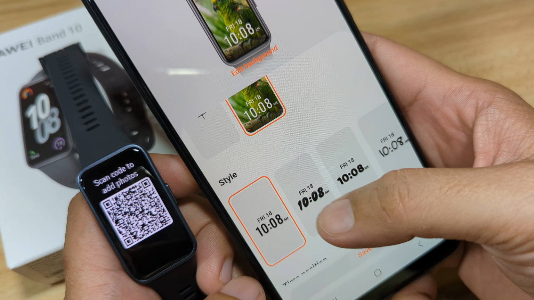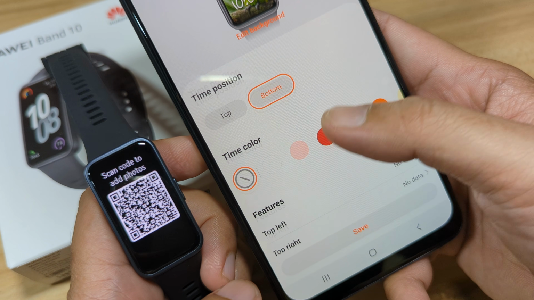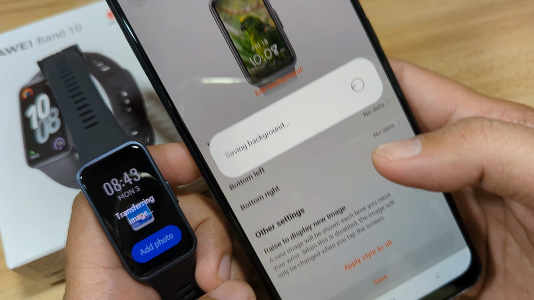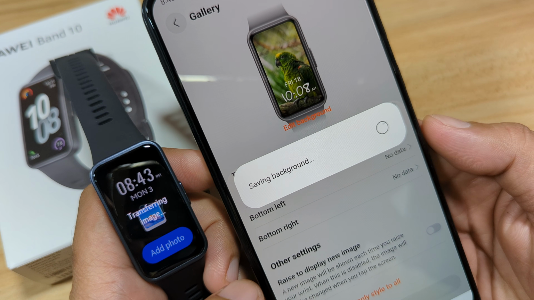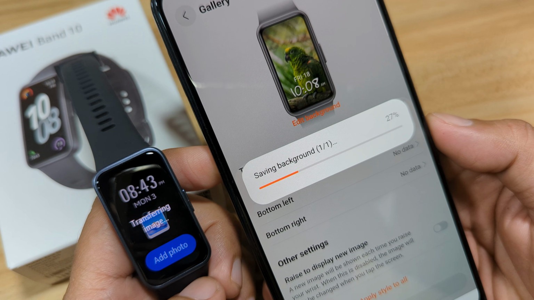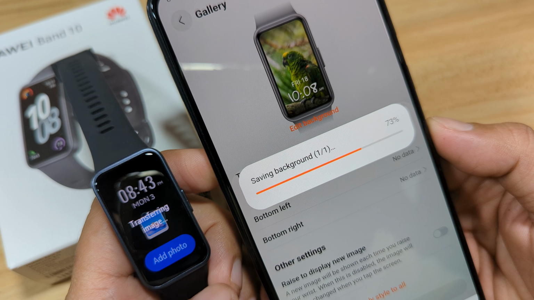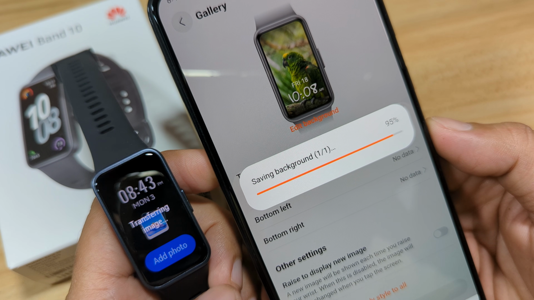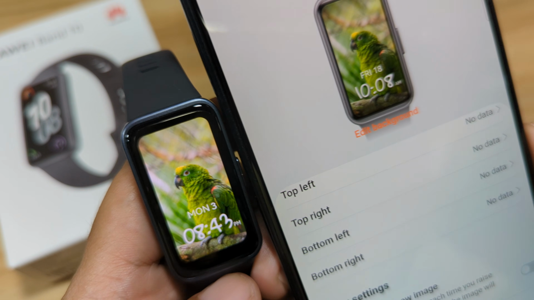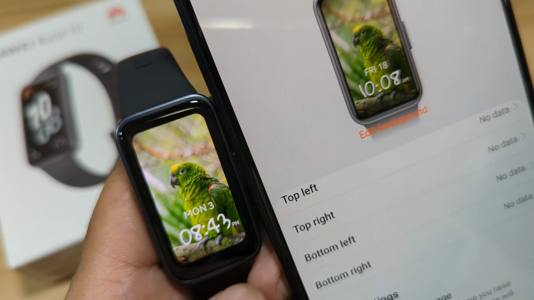Then let's select a style. I guess that's it. And save. It's now saving the background to our fitness tracker. So let's wait for it to finish. And we are done. So we have our custom watch face for our Huawei Band 10.